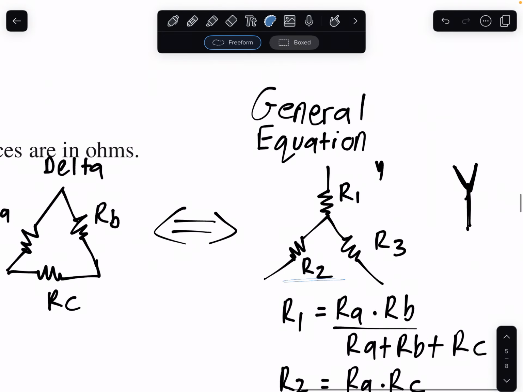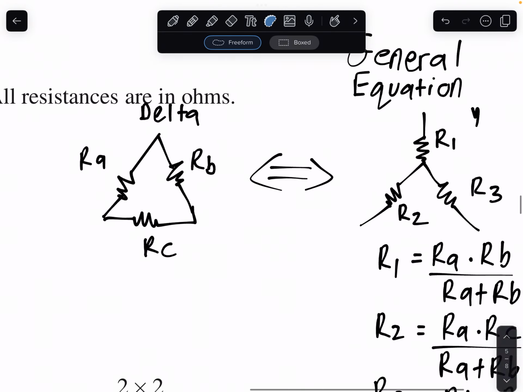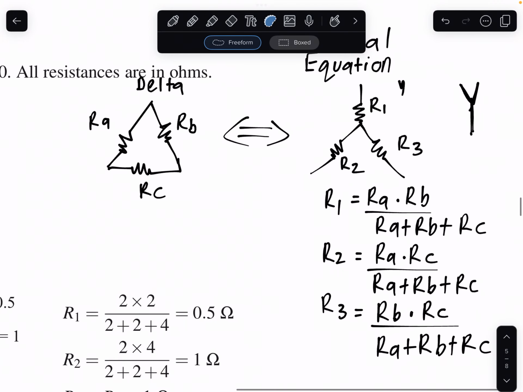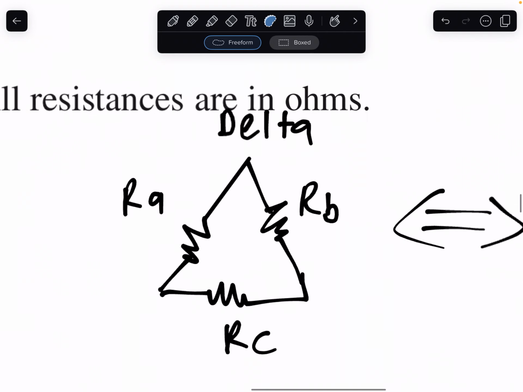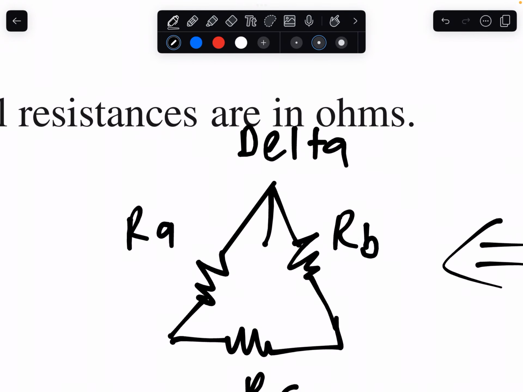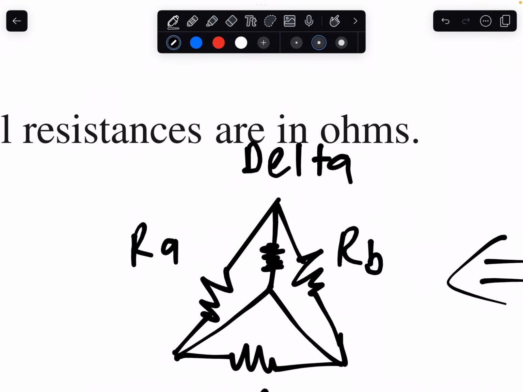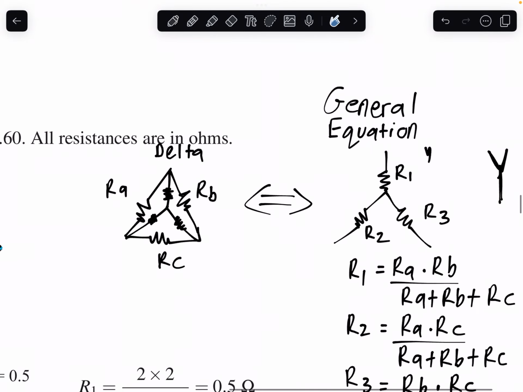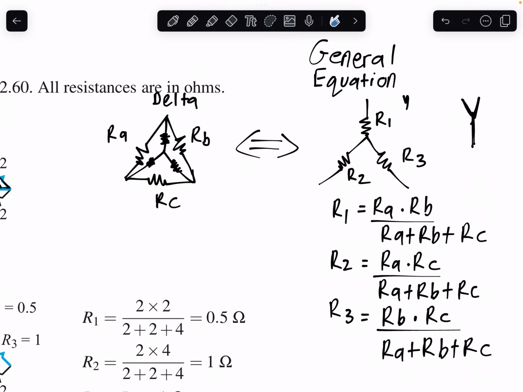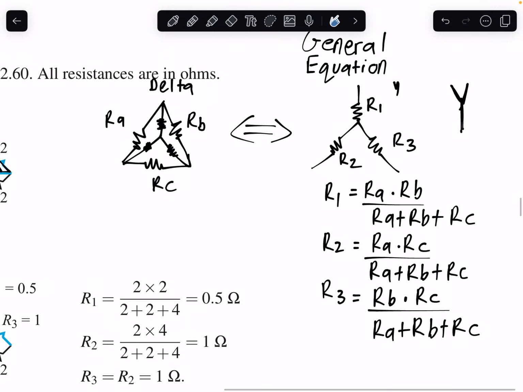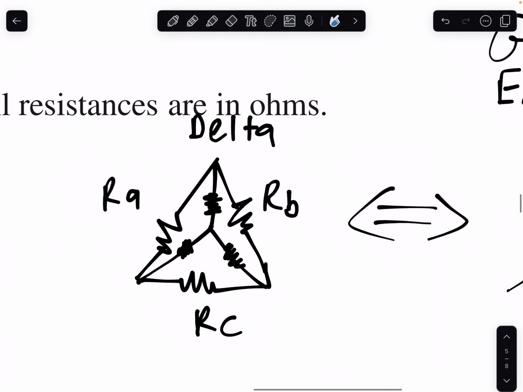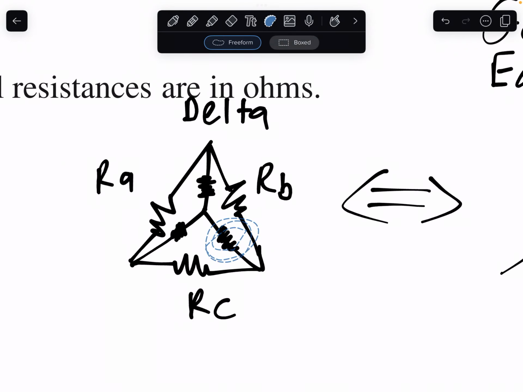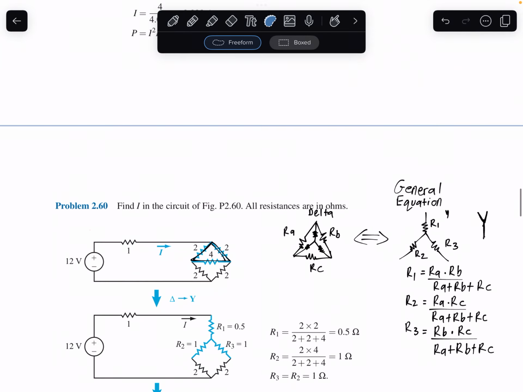And R2 will be the left resistor, right? This one will be RA times RC. So the two resistors in between. So you could think of drawing this configuration like in between, whereby R1 is gonna be here, R2 is gonna be right here, and R3 is gonna be right here, right? So R2 will be RA times RC over the summation, and R3 will be the resistance in between. So R3 will be the right one, which will be RB times RC over the